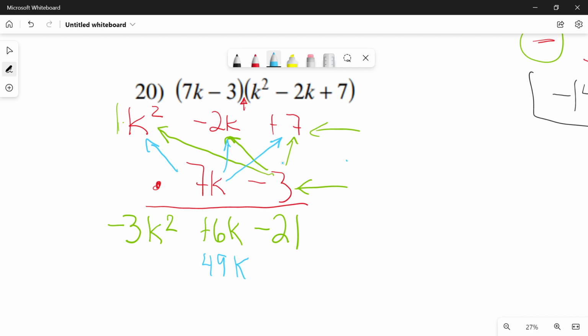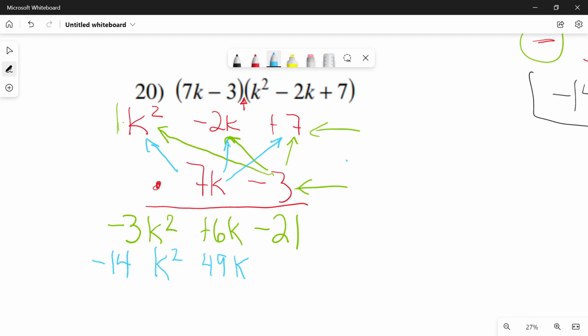So 7k times 7 is 49k. And here I have 7k times -2k. And the k times the k is going to raise it a power, right? It's going to raise it a power. So that's going to be k squared. And the 7 times -2 is